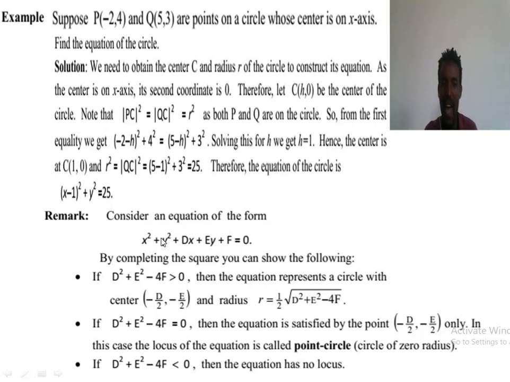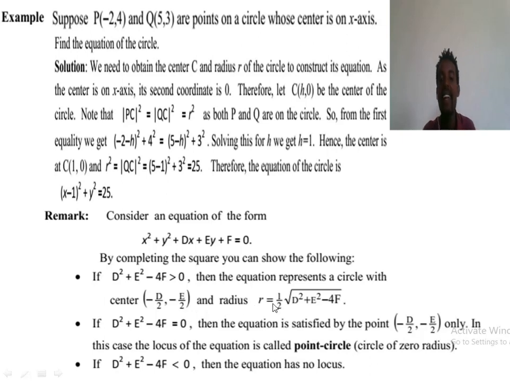Again, a remark: consider an equation of the form x square plus y square plus dx plus ey plus f equals 0. By using the completing the square method we can show the following. Note 1: if d square plus e square minus 4 times f is greater than 0, then the equation represents a circle, and its center is (-d/2, and